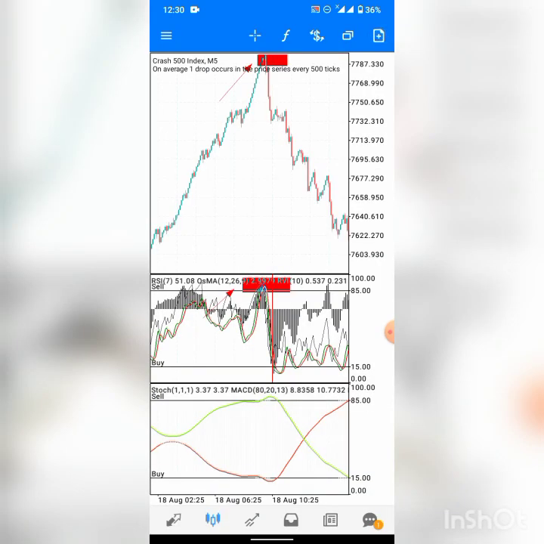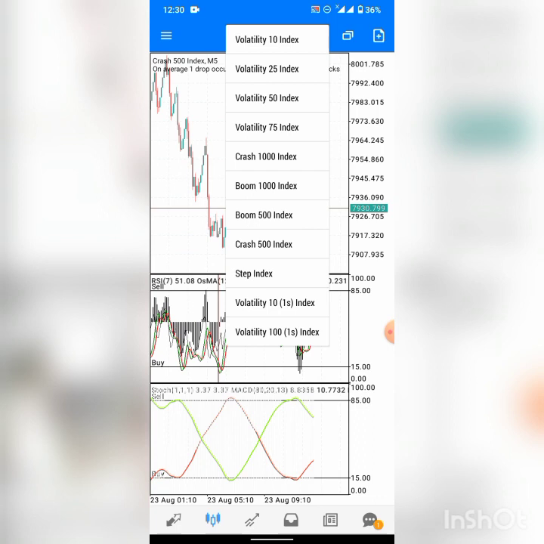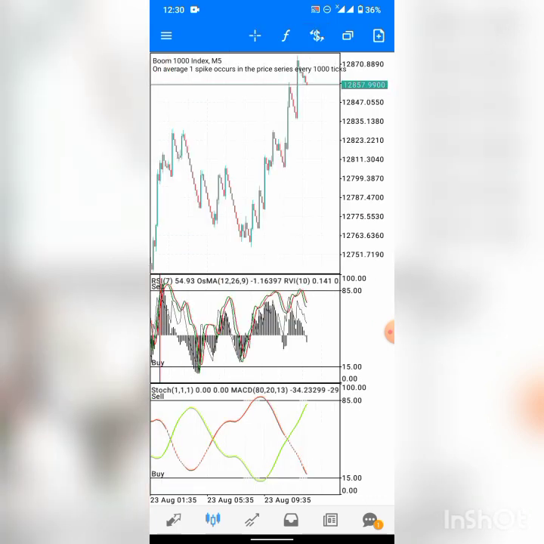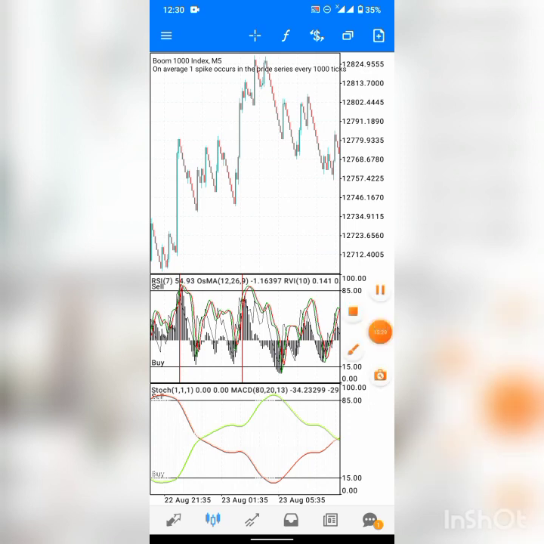Okay, if you are done, you should have this. If this is set in your chart, then you are good to go. So let me just explain the Boom 1000. Boom 1000 is the opposite of the Crash, while here we look to sell. Okay, so as you can see here,